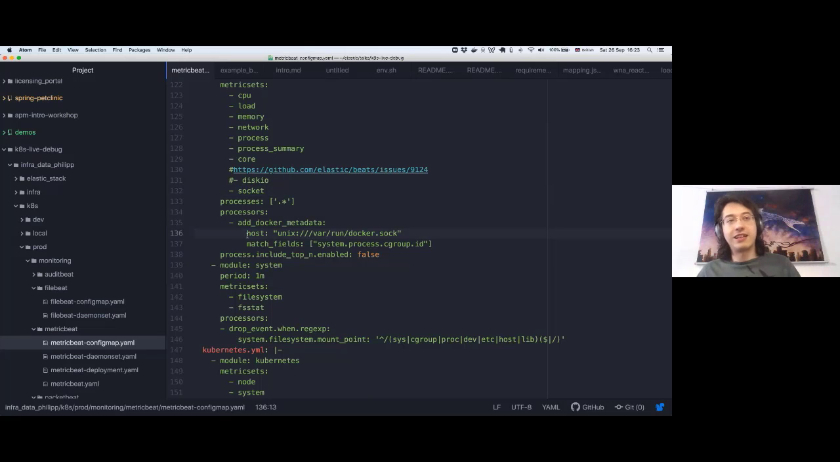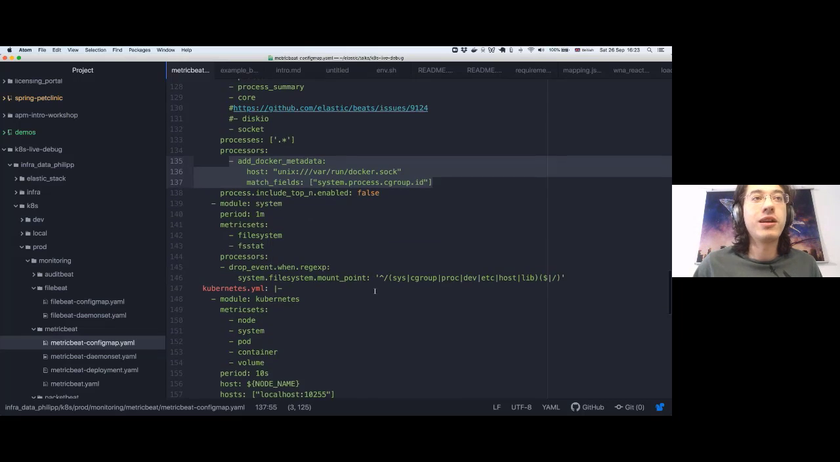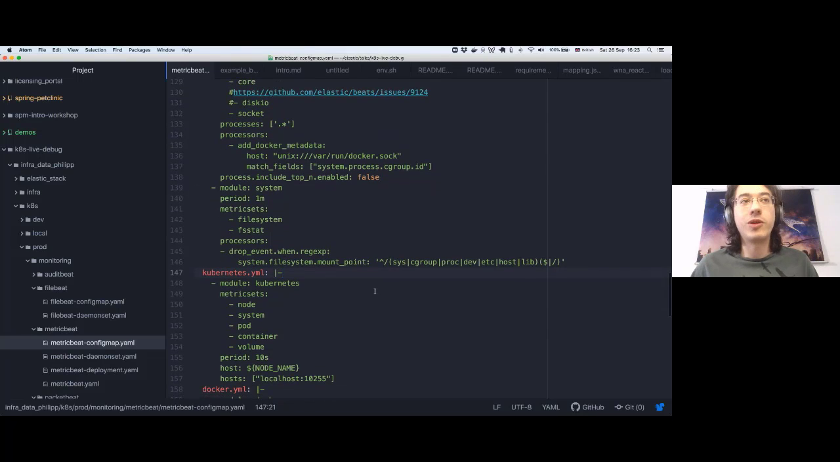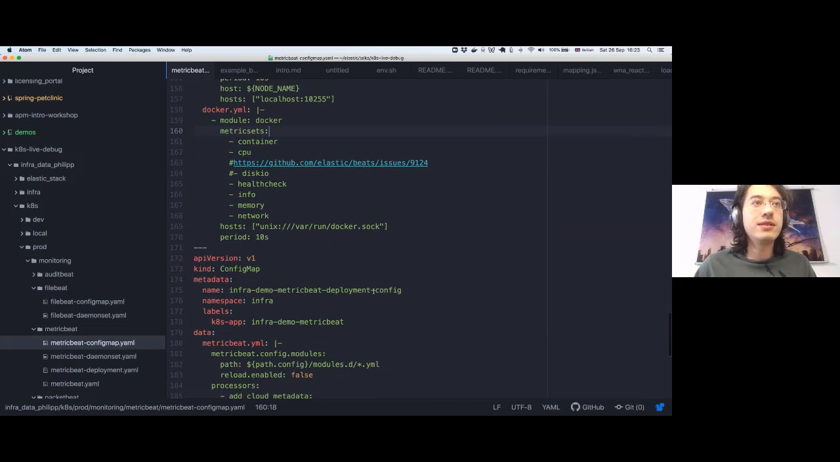How does it get collected though? Okay, so you saw some pretty graphs. I said we configure metric beat to collect that stuff, but where does it get the information from? Well, here. You tell it to add additional Docker metadata and also Kubernetes metadata in a similar manner. Now, the way that it actually does that,